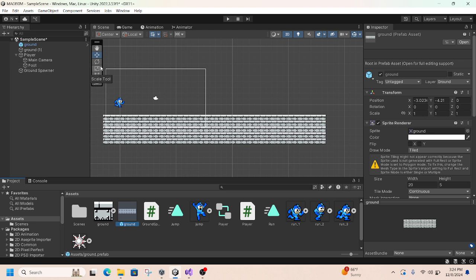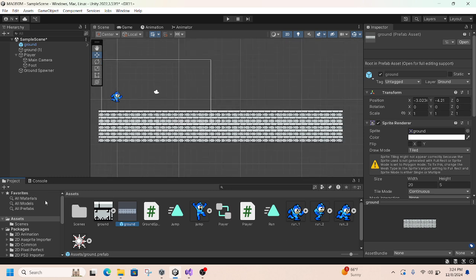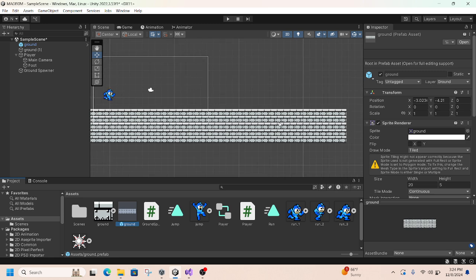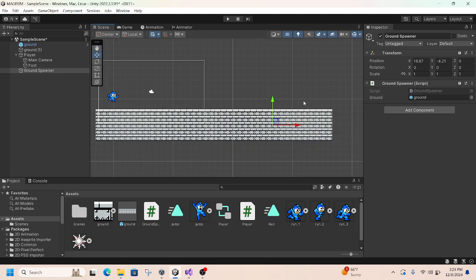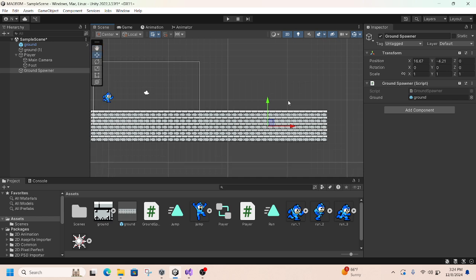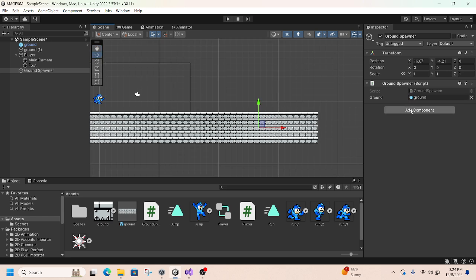So let's say we want to change something about the ground, like its sprite or whatever. Well, we can just edit our prefab, and then all of the newly instantiated instances of ground will also have the changed sprite. So in our ground spawner, we'll drag in this prefab, and that's pretty cool. The code should work now, but it doesn't have a trigger, so it won't know when it's